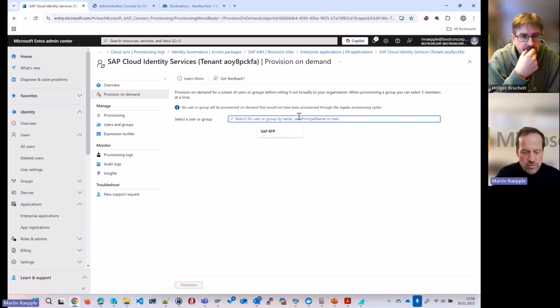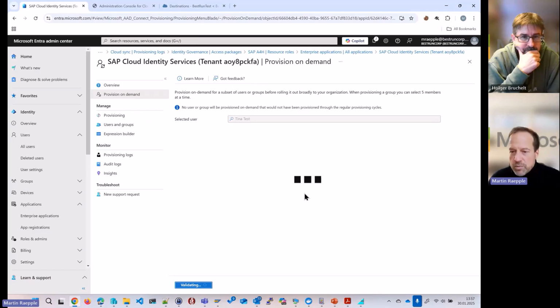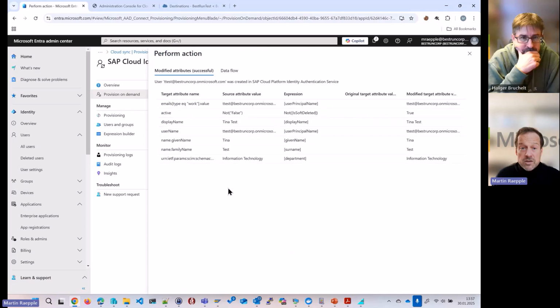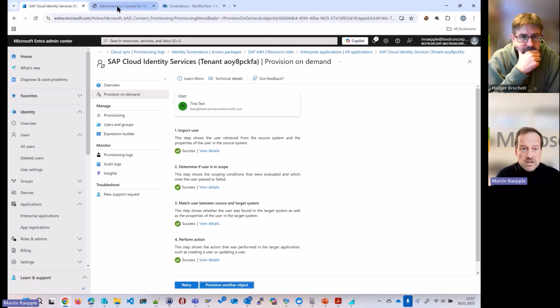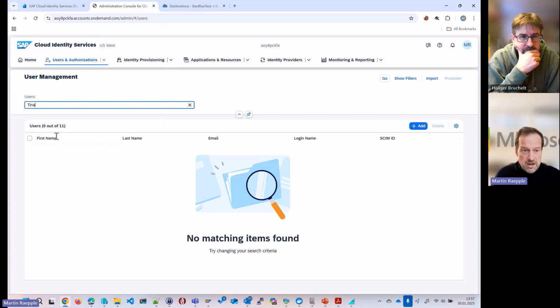If we look for a user, Tina in ours, and I choose Tina here and say provision, I now trigger the provisioning for just this one user to Cloud Identity Services. As we can see, I think everything was successful. Okay, so the action was performed, and now we should see in a second Tina also appearing here.